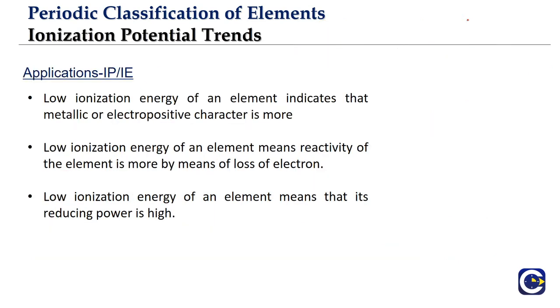Now what are the applications of the ionization energy? One application of ionization energy is that it will be used in calculating the electronegativity. We will talk about this when we go to the electronegativity definition and electronegativity periodic trend. But the ionization energy value as such will be used in calculating the electronegativity values of the elements as per some scales, because electronegativity is measured by using different scales. We'll talk about it when we go there. But one of the applications is that it is used in measuring the electronegativity of the elements.